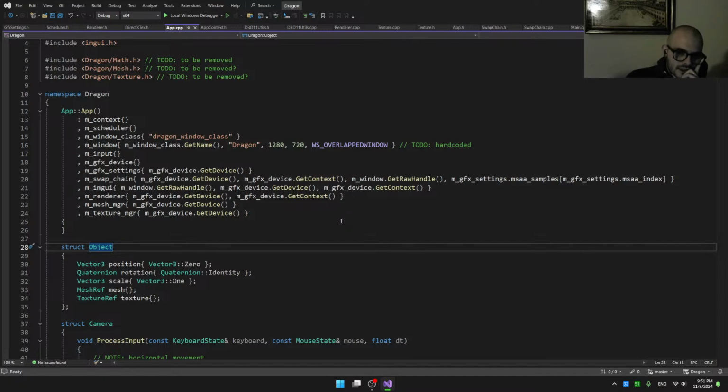What I want instead is to have a general look of something acceptable. Okay, something acceptable. So we need lighting,